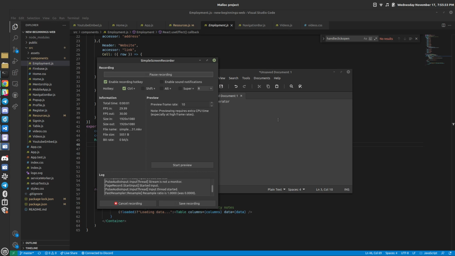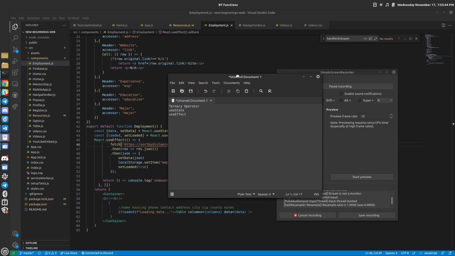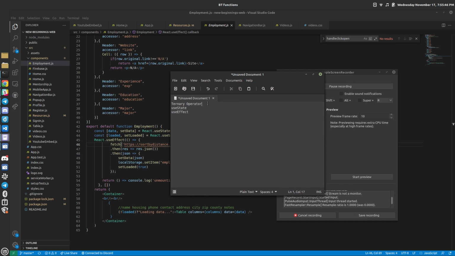Okay, so now we'll talk about how to fix the tables on our website and a little bit about React hooks. So the first thing to go over just real quick is the ternary operator, and this is basically a glorified if statement. So how it works is you would write something like